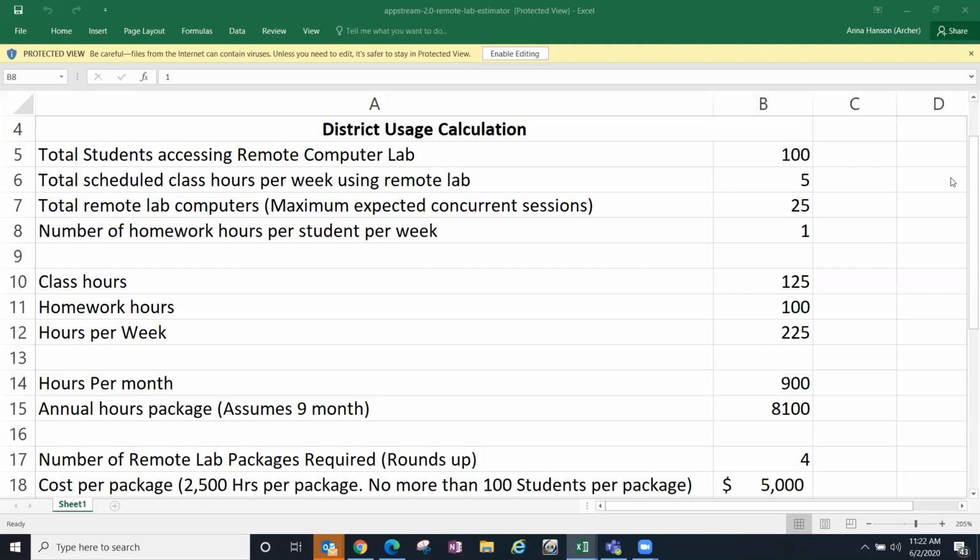And so what we've done is we've created packages, and it's 2,500 hours. And we've tried to normalize the instances. So there'll be some instances that are at the higher resources and some at the lower, but we're going to manage that for you on the backside. The only thing you'll have to do is let us know which applications, really which images, you want out of the approved list. So let's say that you have classes supporting your Project Lead the Way, Intro to Engineering, right? And they'll have